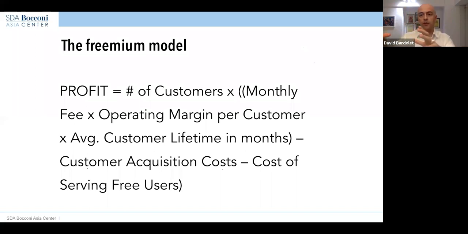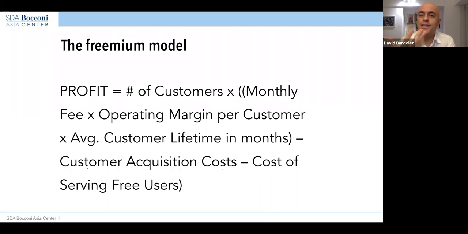So models like Spotify can be seen and can be analyzed very much like a Netflix model. And that is basically the simple conclusion of this. I want to stress there's a lot of value in just laying out these very simple formulas. And again, this is just one way of looking at the business model, right? From the how do they make money side.